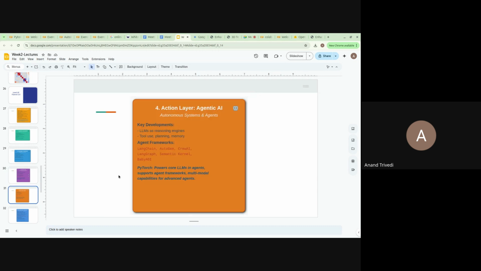Then on top of that, there are now agents, right? So what do these agents do? We can consider them as individual task solvers. There is one agent that is specifically designed for searching the internet, and there is one agent that is specifically designed for, let's say, interacting with your system, just like I am interacting with my system.